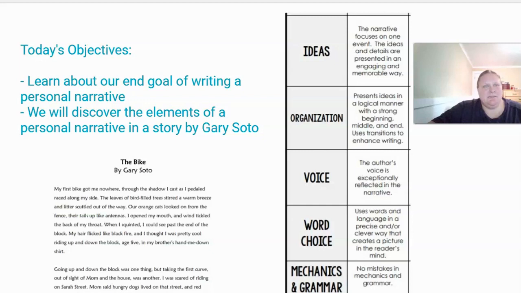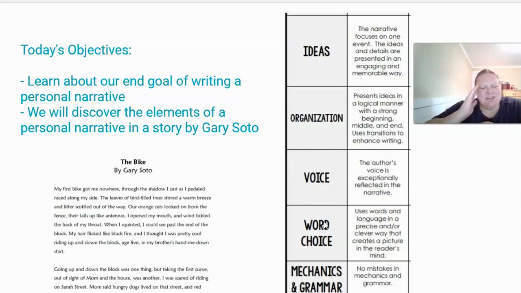Let's take a look at our objectives and see if we met them. To learn about our end goal of writing a personal narrative. Yes, we learned that a personal narrative has to have ideas focused on one event, that it needs to have a beginning, middle, and end, and it has to have transition words, that the voice has to sound like the author, not like a robot. Our word choice is very clear, and it makes a picture in the mind.